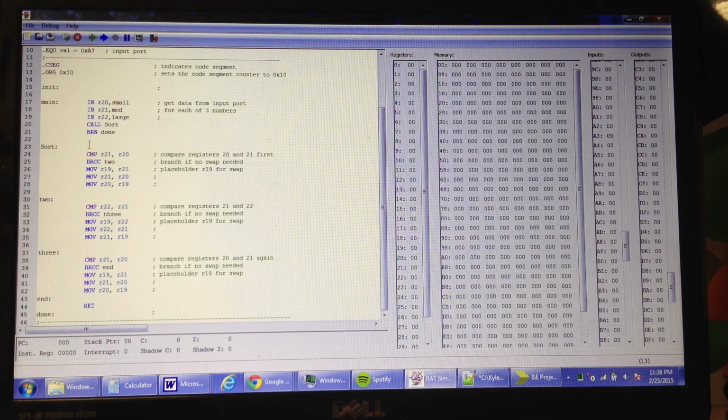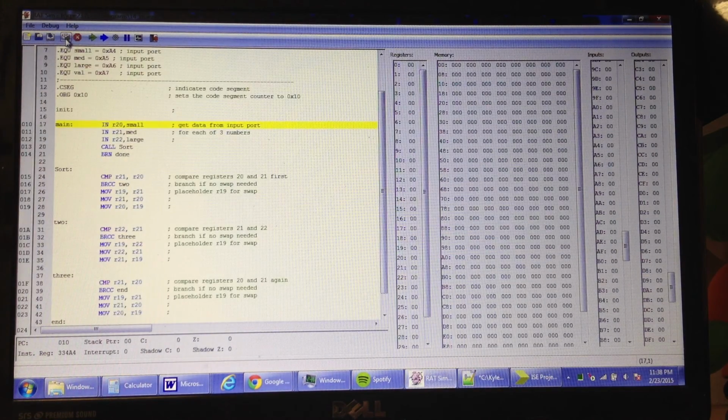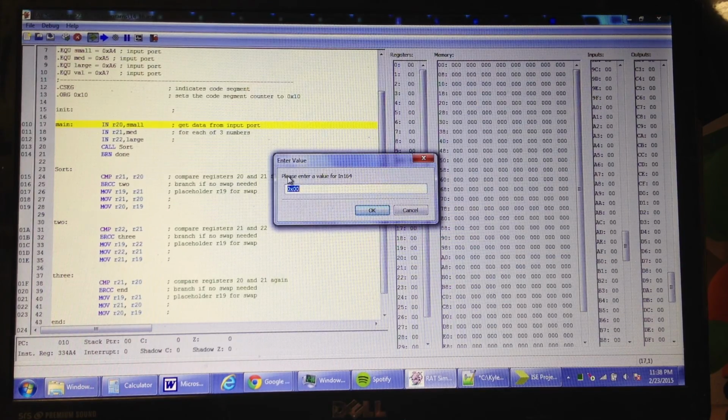The one where it swaps the first 2, the second 2, and then the first 2 again, because that's how the bubble sort algorithm works. So then if we assemble this, we can test it out. We can input 2 different things. We can input